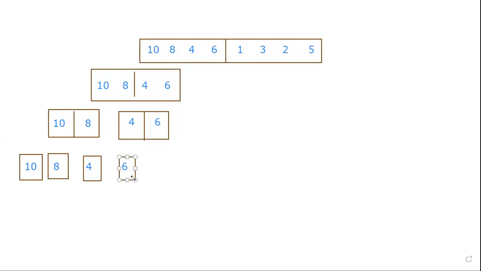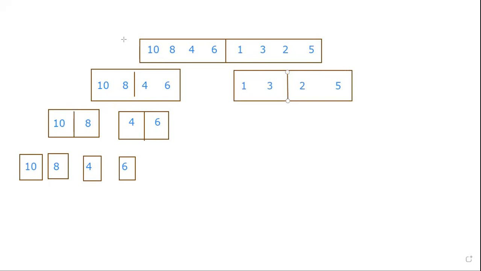This is the left side representation. On the right side, we won't conquer yet because the division has not been completed until we have the complete sublist. So here we need to divide this. Let me write the elements in the right subpart. The right subpart has 4 elements, which are 1, 3, 2, 5, and we need to divide this further into 2 subparts.